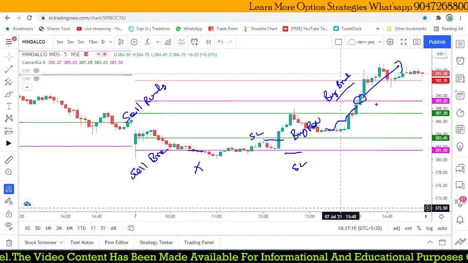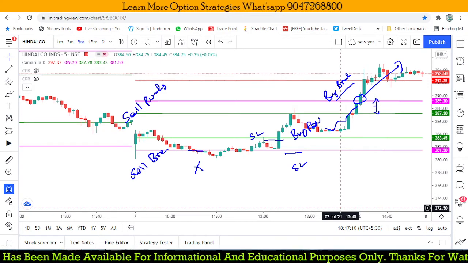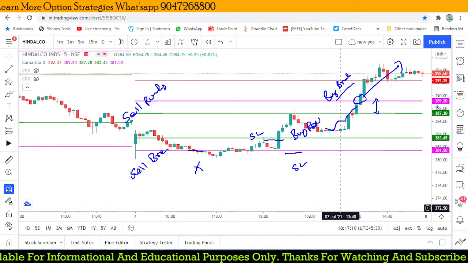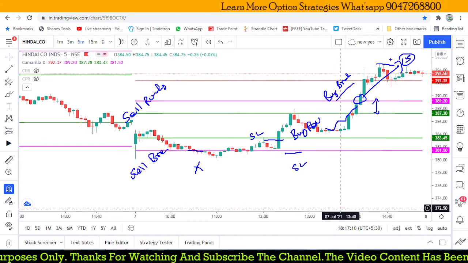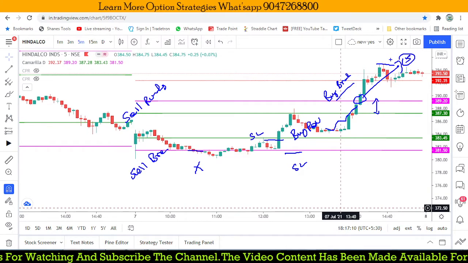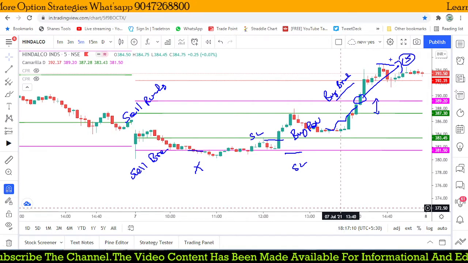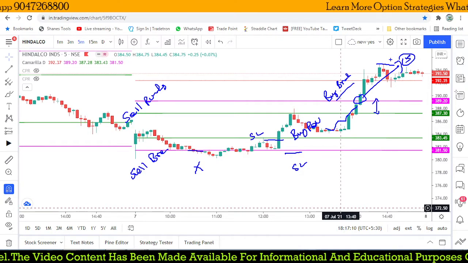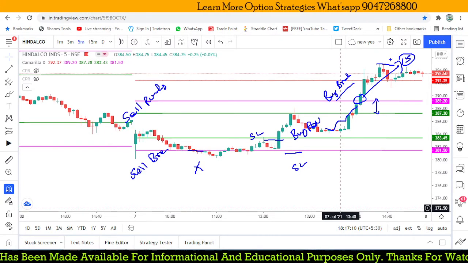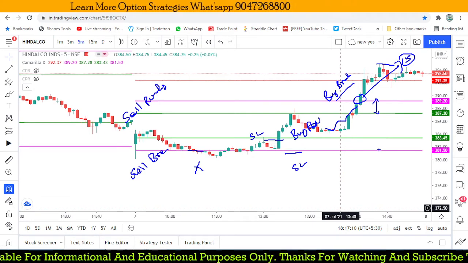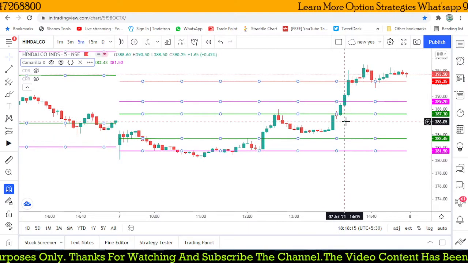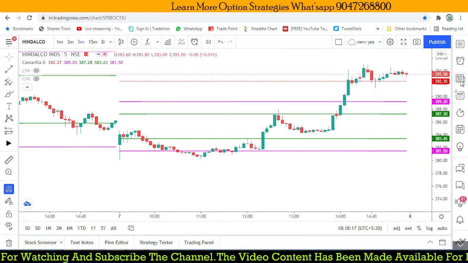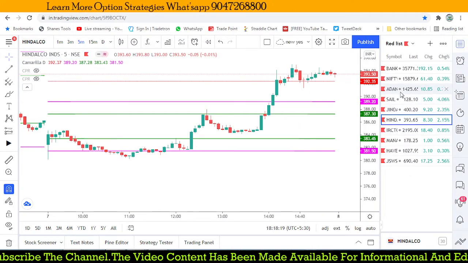Again you took a risk of only 2 rupees, not a higher risk. For the 2 rupees risk, the maximum move was more than 4-5 rupees. So the risk reward ratio is also very important when we are doing an intraday or even a positional trade. This is one kind of strategy using the Camarilla levels, and it was working well on so many stocks, not only the stocks we are focusing on here.